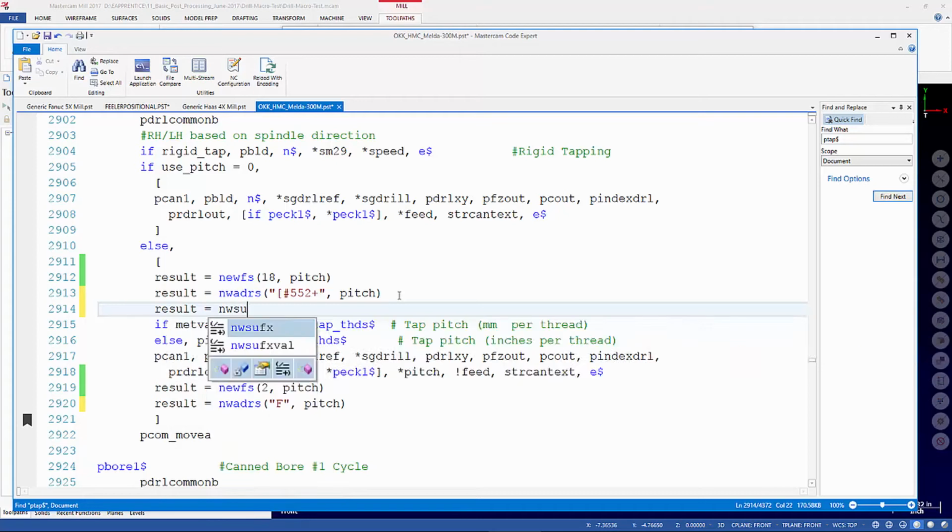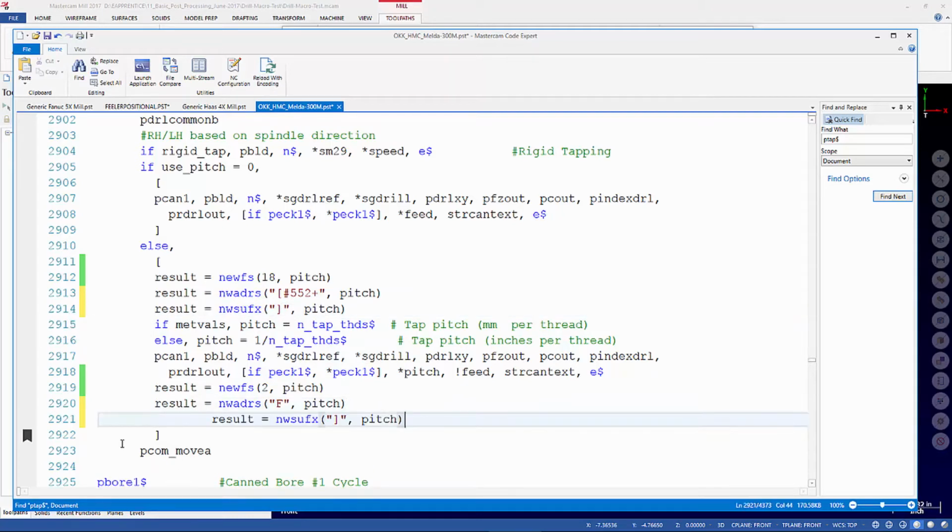New suffix close bracket pitch, and then down here I'll make that empty string for the suffix. So now what happens is when we're using pitch,